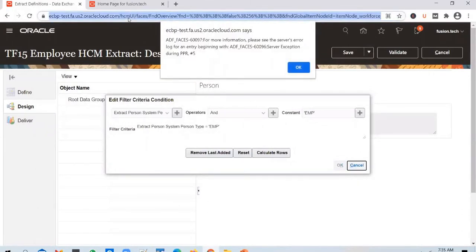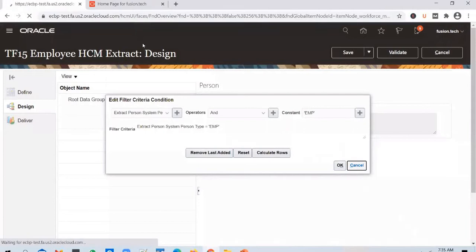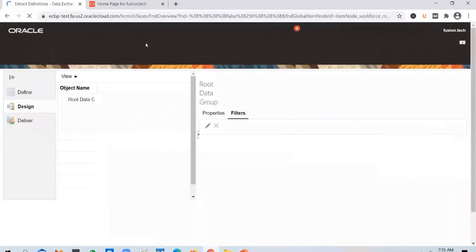Not sure why we are getting this issue. I believe, I'm not sure who has loaded in, but earlier we had only around 3,000 employees who match this filter criteria, and the extract will take roughly 2 minutes to extract all of them.